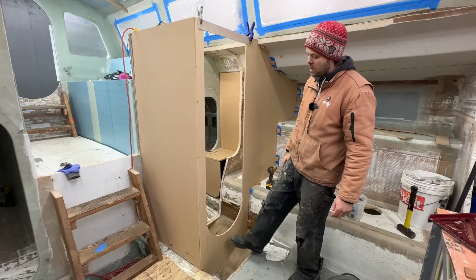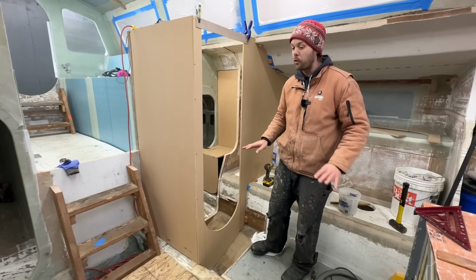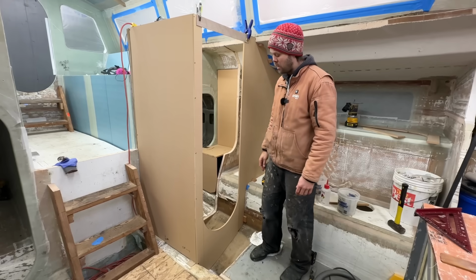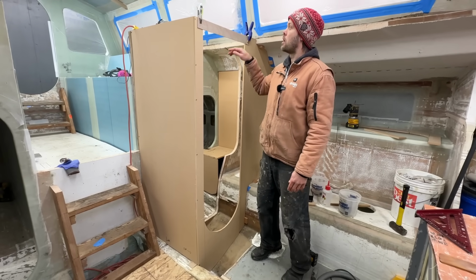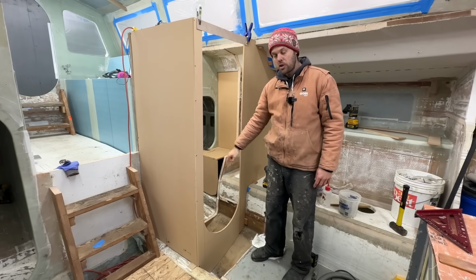You'll also notice that the bottom of the door is raised up a little bit. And that is because the floor in this whole galley area is going to be about 7 inches higher than it is now. So what you'll actually do is we'll be standing up. You'll be able to see above this when you're standing in the galley area, but you'll step down into the